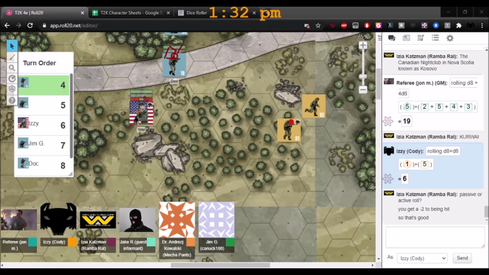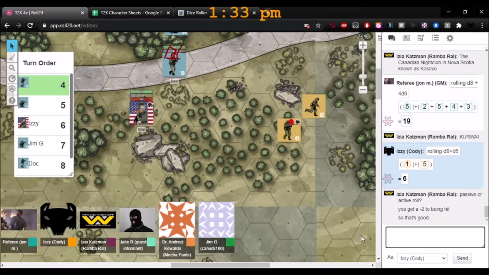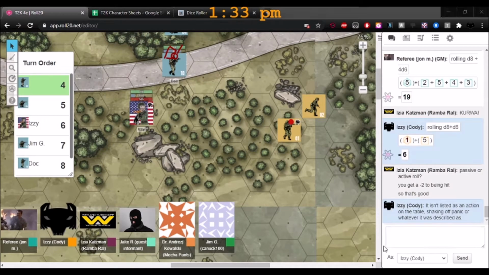Katzman is going to go ahead, aim, and fire at the one that was unloading on Isa. Okay, so there's going to be a fair amount of cover. In fact, I don't think you can, from where you are, even though you have some elevation, see that guy, because he's behind some big rocks, and you've got some big trees in between as well.